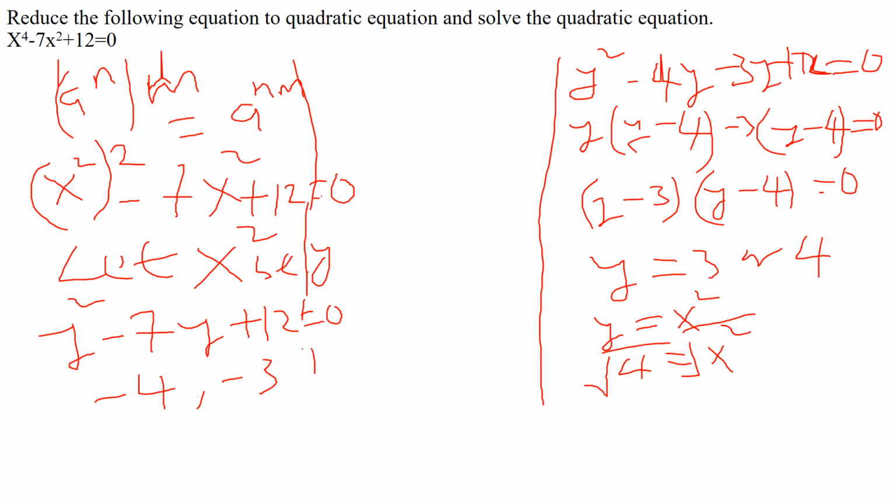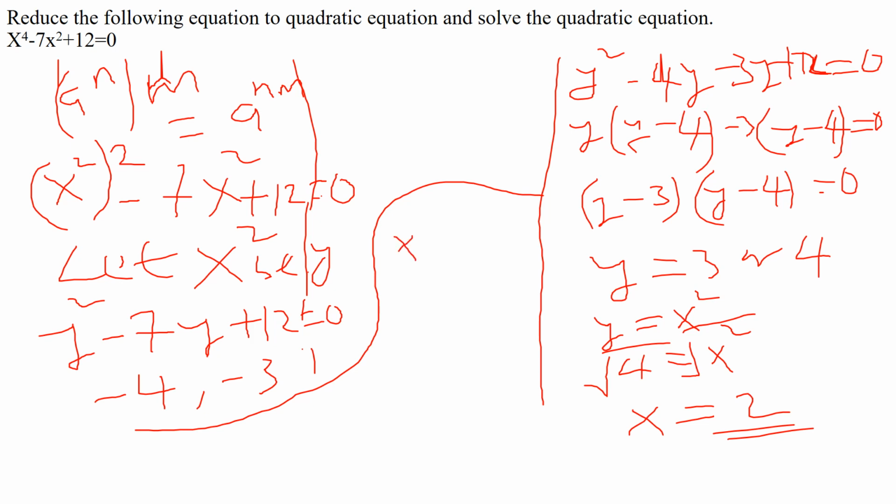So I have my first x being 2. I can also use the other value to get that. Where I have, maybe I say that x squared is equal to 3,